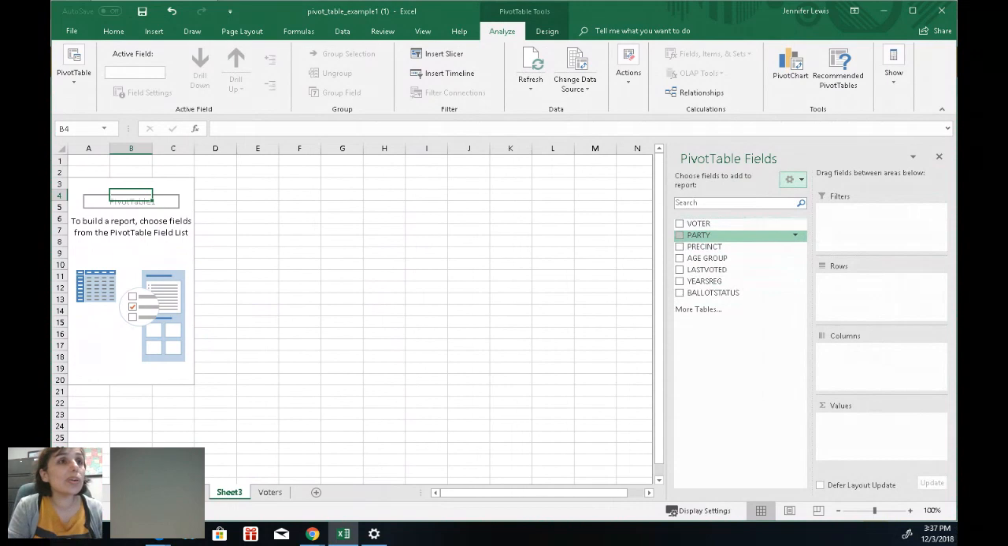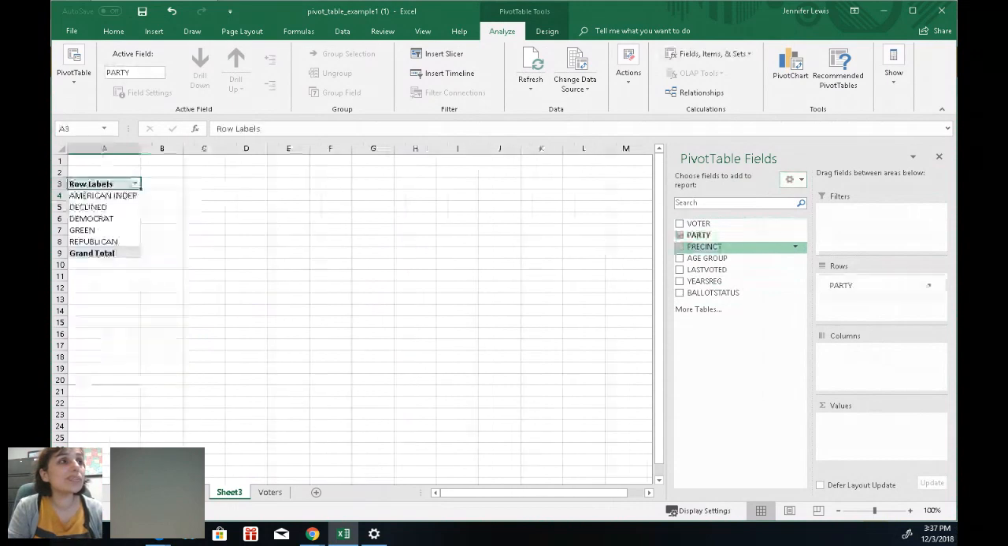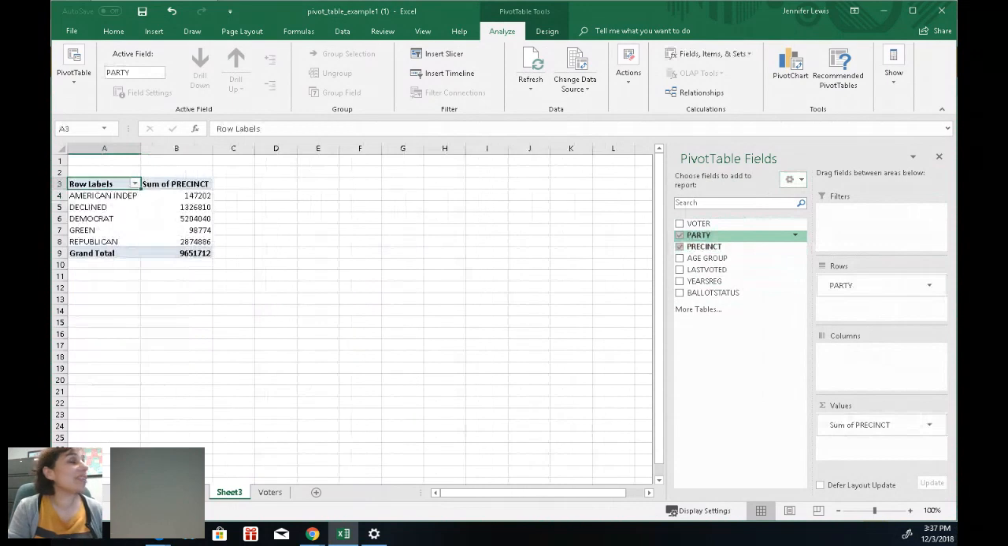And those are party and precinct. Okay, so that is going to give you what party voted and the sum of each precinct. So that's how many votes were in each precinct. But what